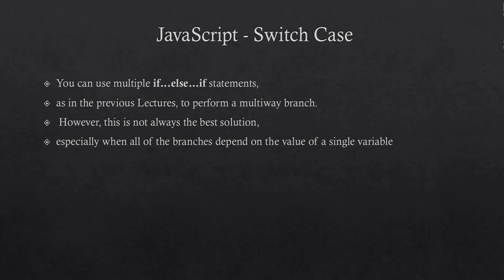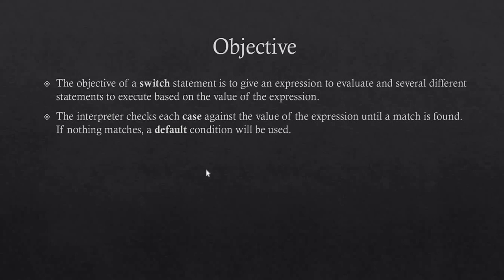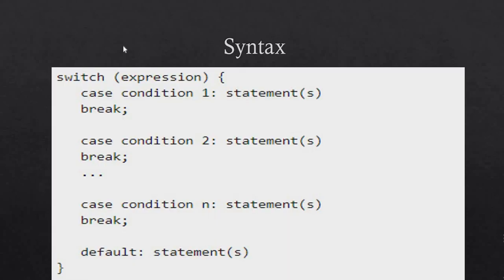In its syntax, we have switch expression, then case condition 1. Firstly, we write the expression in the switch keyword and then it closes with our curly braces. Then we write the case condition. It could be condition 1. We might have any condition here and we will write it. The case keyword will be similar. Then we will have a colon and then the statement.